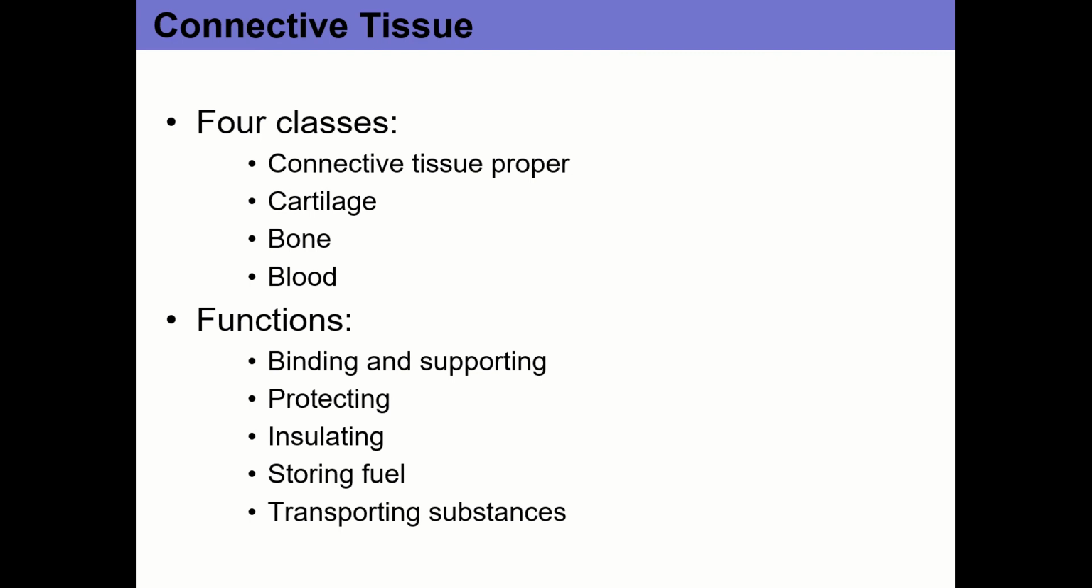So we finished up with epithelial tissue, this time moving on to connective tissue. So whereas epithelial tissue covers and lines, connective tissue, to no one's surprise, connects things. So there are 4 classes of connective tissue that you can see here. So there's connective tissue proper, which is where we're going to spend a lot of our time, and then cartilage,